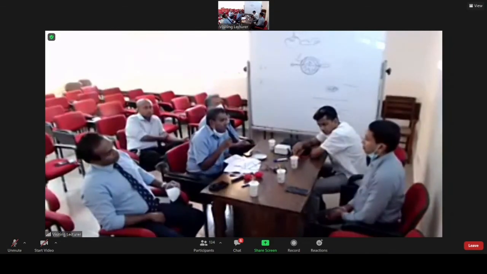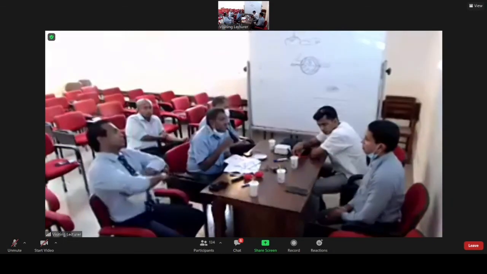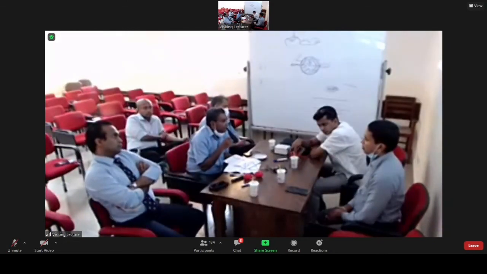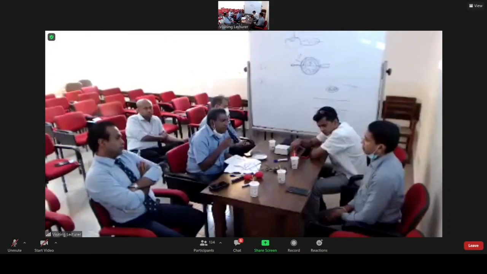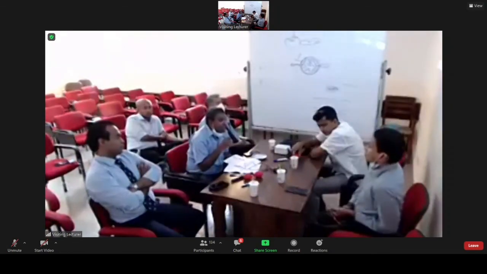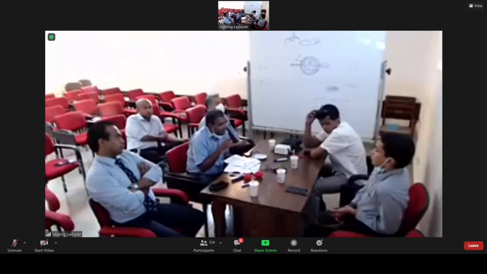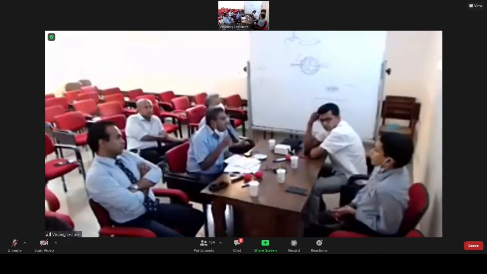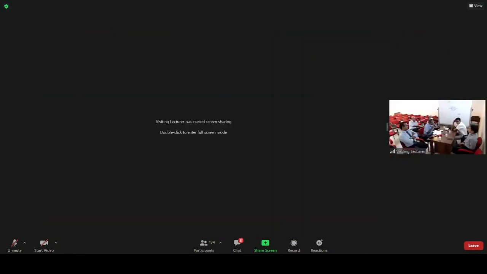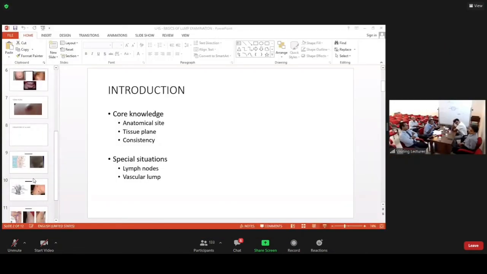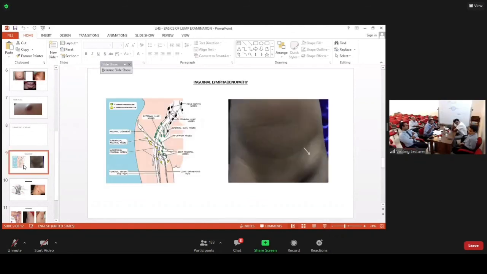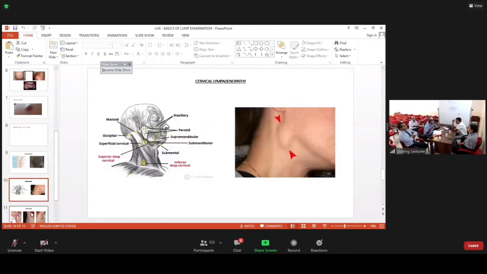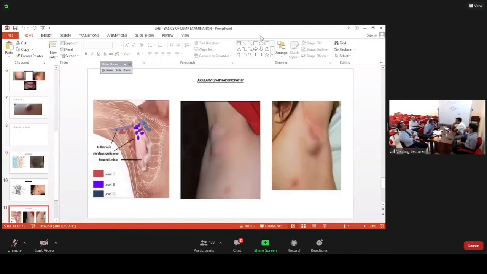So it is important to examine other nodes as well, and the large organs of the reticuloendothelial system like the spleen and the liver. And the other thing is, when you see a lymph node enlargement, you should try to find the underlying reason for it. Is it a regional pathology or generalized pathology? So it is important to examine the other structures in the draining areas of the lymph nodes in addition to that. These are small things, but you will learn when you are doing your clinical appointment.